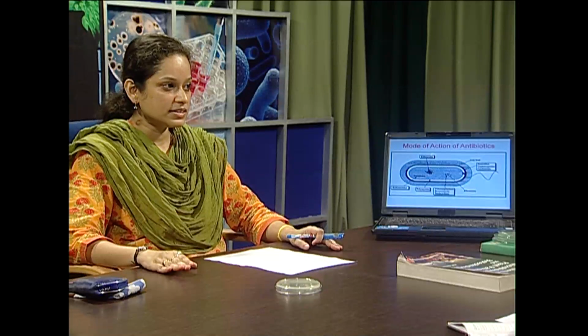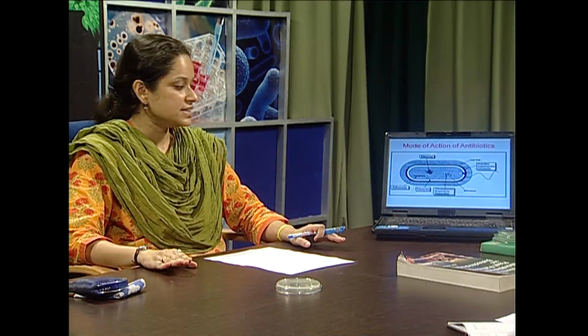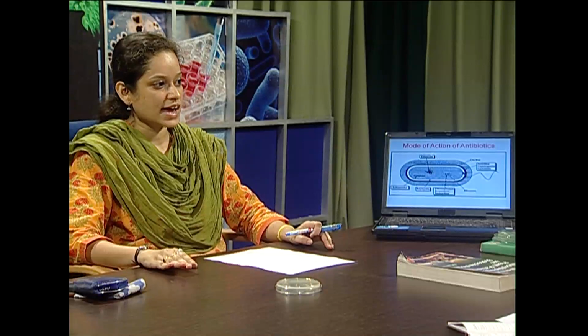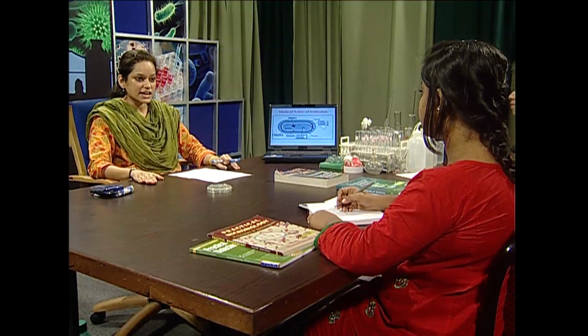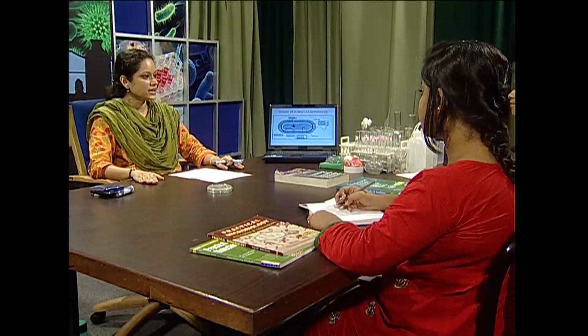Some of the antibiotics which are able to penetrate the cell wall or inhibit the cell wall formation are penicillins, cephalosporins, cycloserines. How do these antibiotics inhibit the cell wall formation? By preventing the formation of peptidoglycan, the cross-linkage of peptidoglycan. Very good. Peptidoglycan layer, which is a component of the cell wall. So, these antibiotics degrade the peptidoglycan layer, and in this way, the cell wall synthesis of growing bacteria is